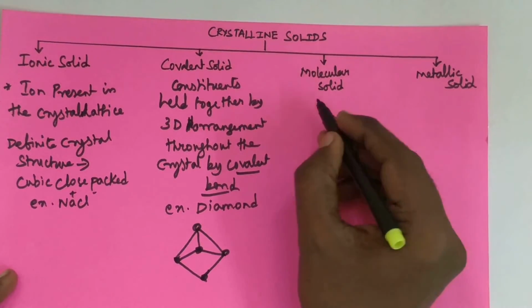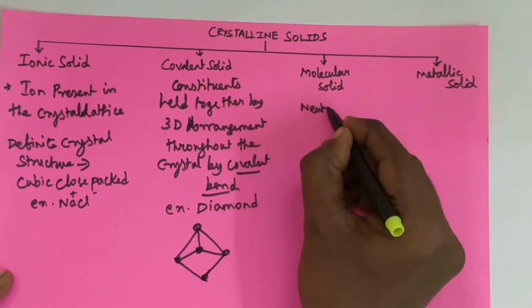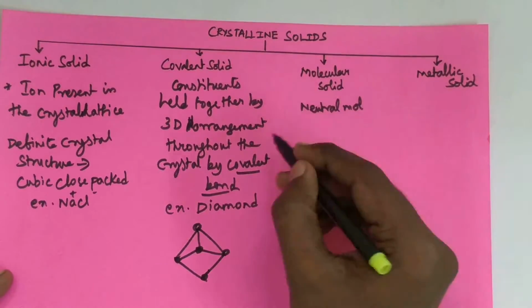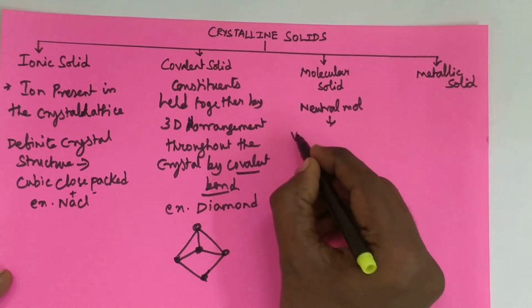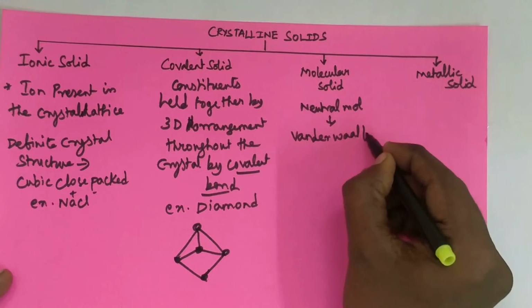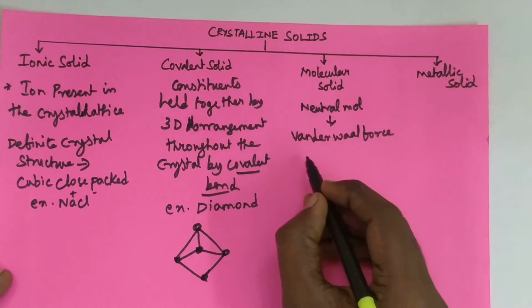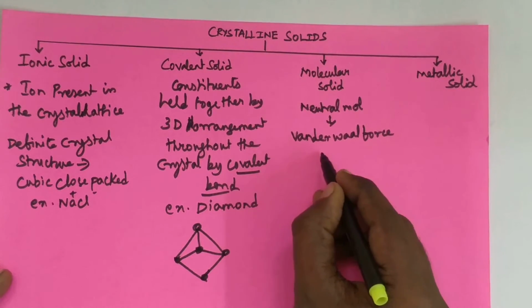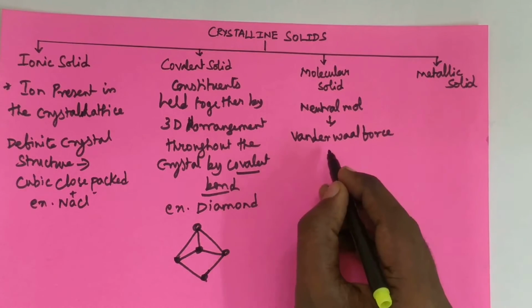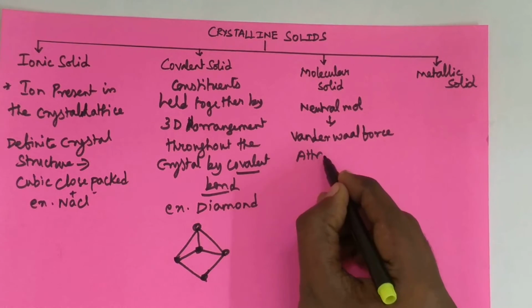Molecular solid means it is possible in neutral molecules. So neutral molecules are held together by van der Waals force. What is van der Waals force? It means intermolecular force of attraction, that is between the molecules. Intermolecular attraction